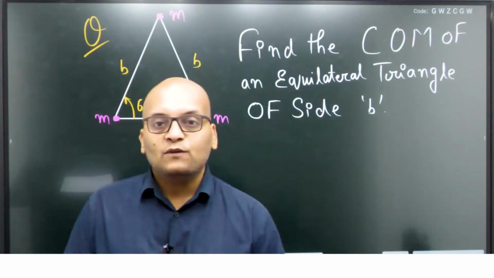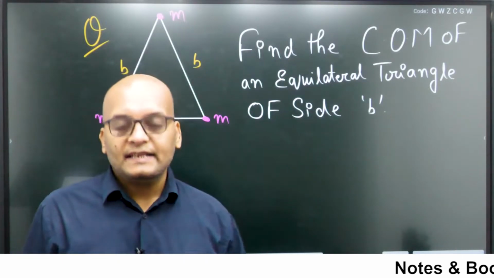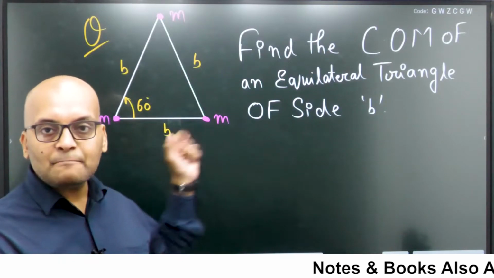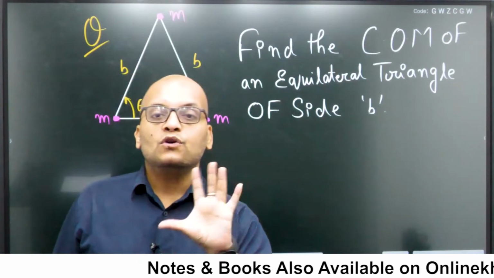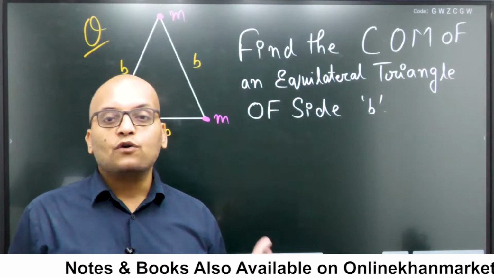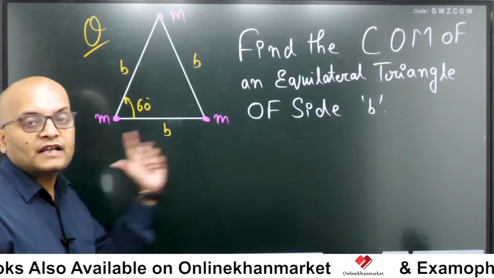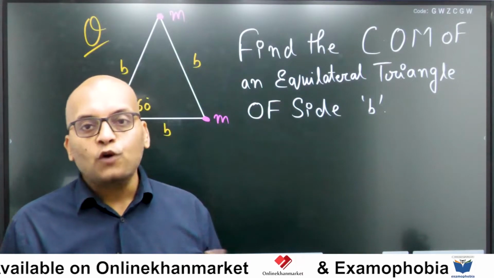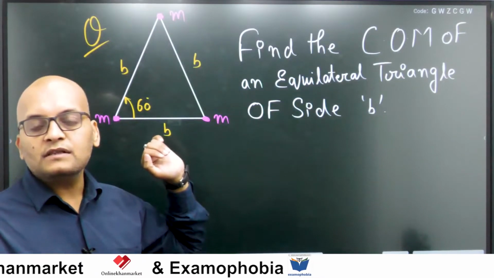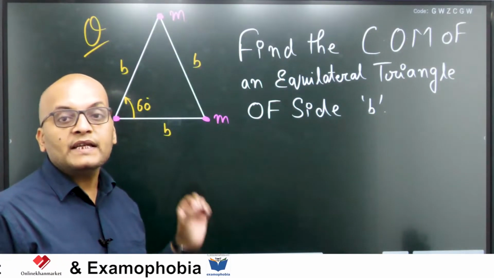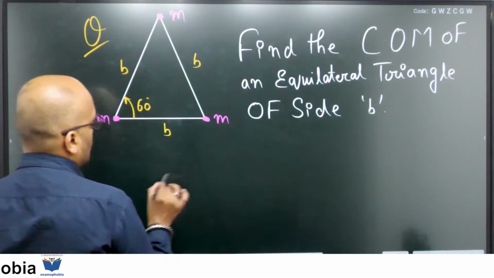How to solve it? What will be our approach? It is also a similar type of question to the one that we are doing. Why? Because here also no reference point is given or coordinates of these masses are not provided to us. Okay, then how to solve it? Simple approach. We will assume any one mass to be located at the origin, or we will take the coordinates of any one mass, whatever you find suitable. You can take the coordinates of that mass to be 0, 0. So I am taking the coordinate of this mass to be 0, 0.